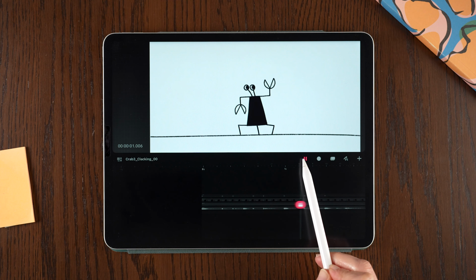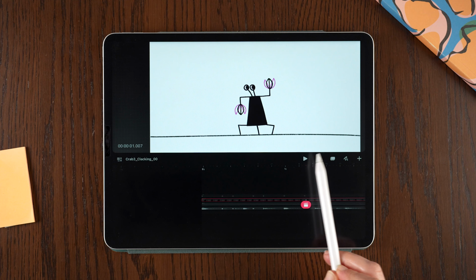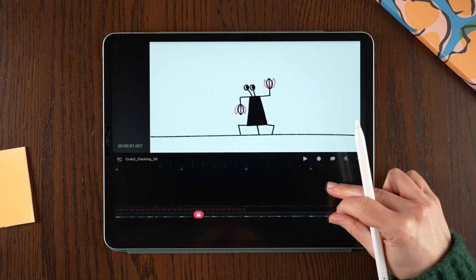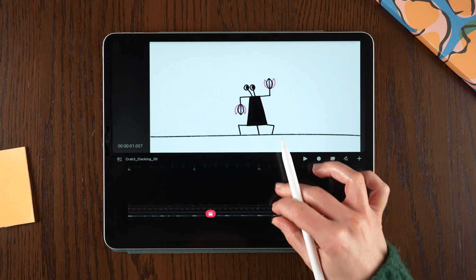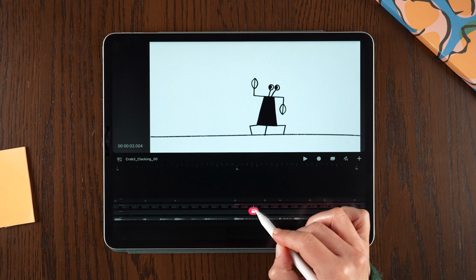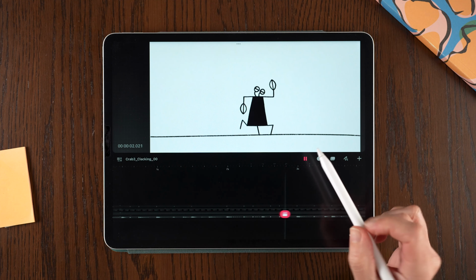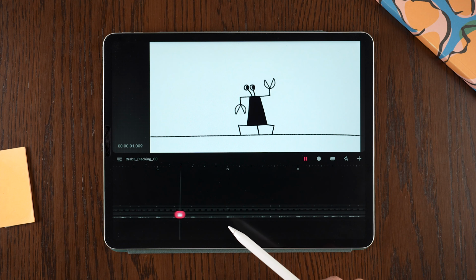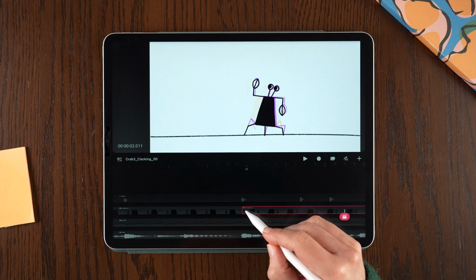You can see that the character is moving in only one direction, and to make the animation loop, we needed to go back and forth. So I will just need to duplicate the whole group. Now we have the animation repeating again, but both in the same direction. So when we play it, it doesn't show we did anything yet. In order for it to loop, we need to reflect the whole animation that we just duplicated.